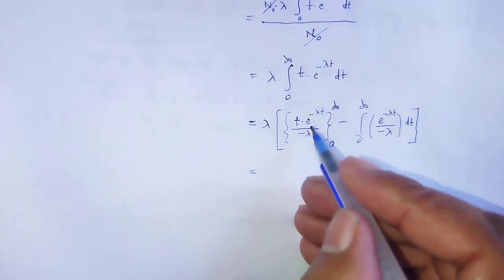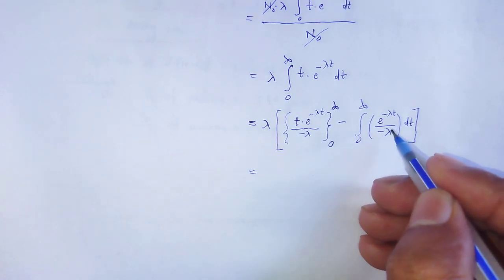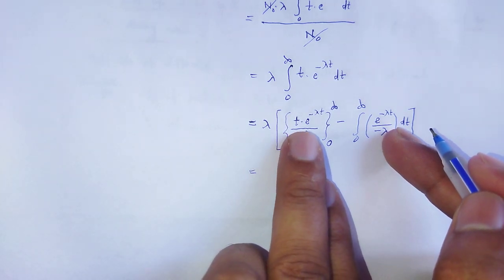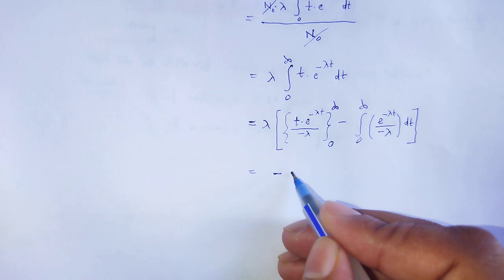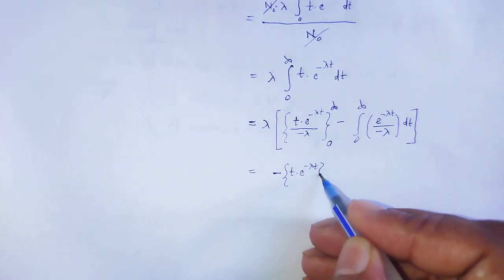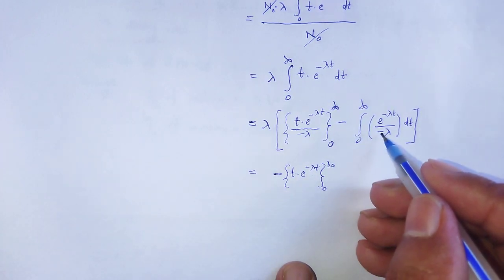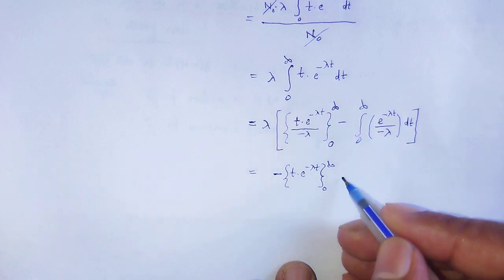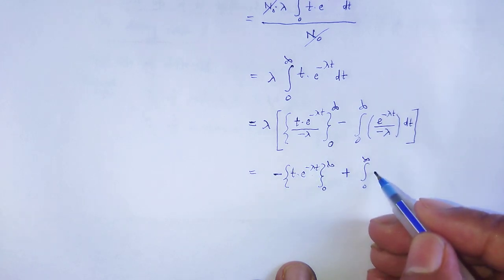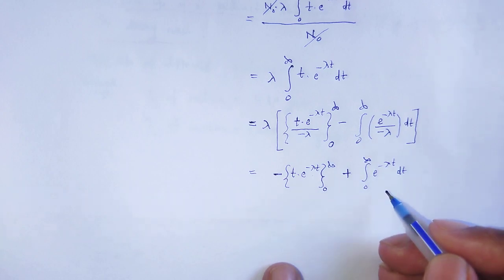So it is written like this: minus t e to the power minus lambda t using the limit 0 to infinity, and here minus minus becomes plus, the integration over 0 to infinity of e to the power minus lambda t dt,